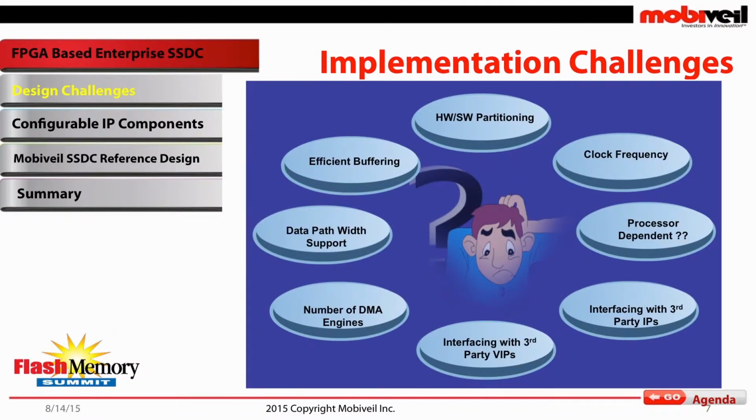Number of DMA engines. This is again related to performance: how many commands you want to have in flight, and each of the DMA channels is going to be managing one NVMe command at any given point in time. How you architect your flash side, how many channels you have, how many LUNs there are, you need to make sure that you can utilize the PCI Express bandwidth fully. Each DMA engine, which is the context for the NVMe, is going to add hardware. So you need flexibility in the design where you can add as many DMA engines as you want.